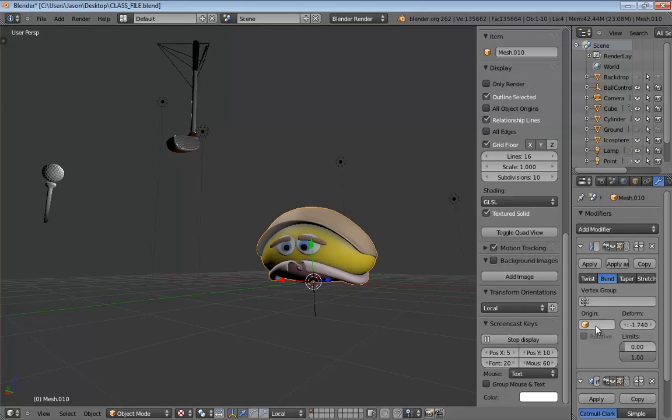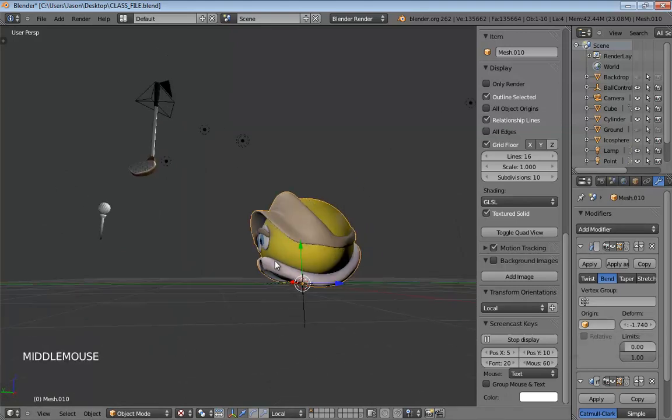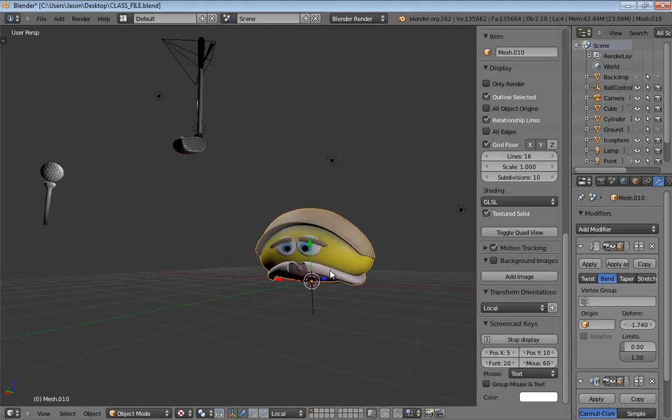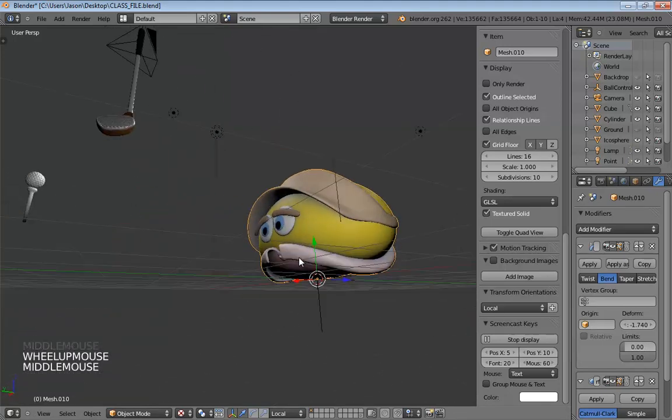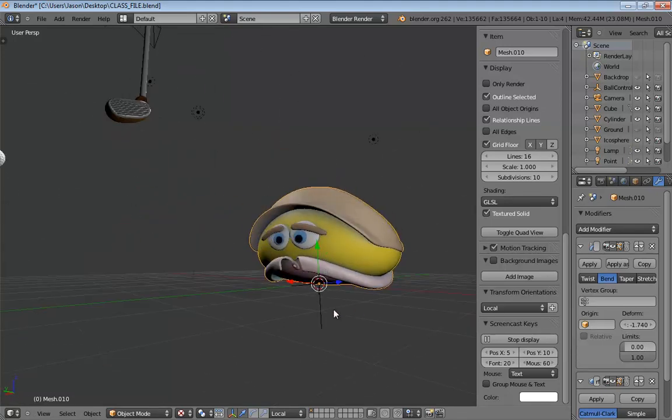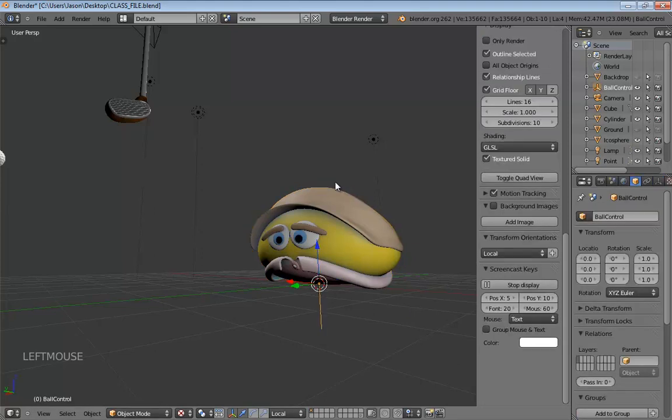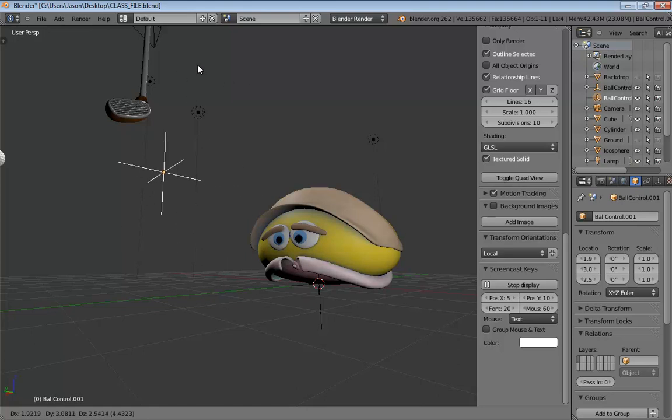What we're going to do instead is create a special object just to help us bend this guy properly. That looks amazing, by the way. It's like some part of me actually wants to keep that. So here's how we're going to do this. We need to create an origin object specifically for this modifier. To do this, I'm going to grab our ball control empty, and I'm going to duplicate it. So hit Shift-D to duplicate. And I'm just going to right-click because I don't want that to move or go anywhere.